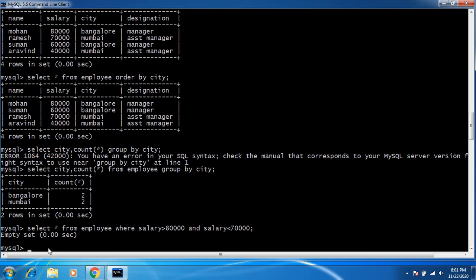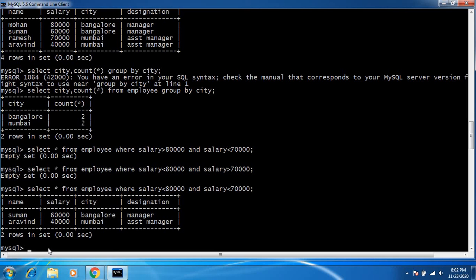So this is an empty set. Now it is less than 80,000 and it is greater than 70,000.